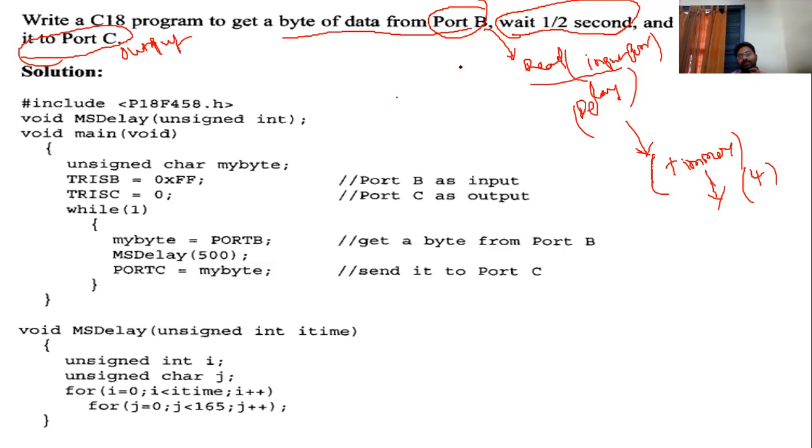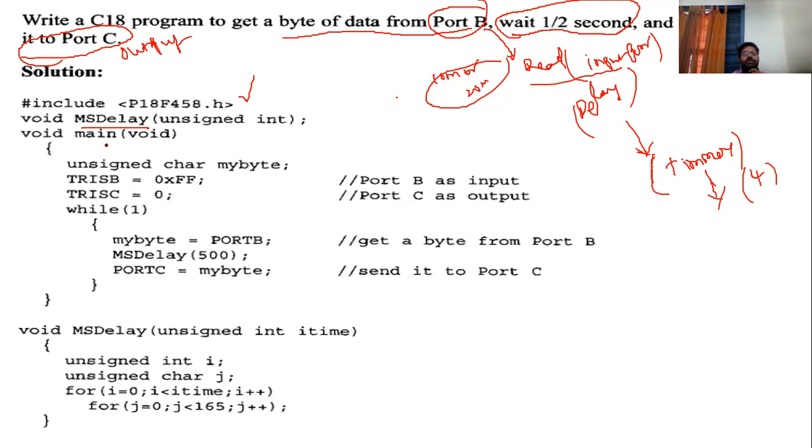It also depends upon the clock speed we are using. Maybe a 10 megahertz clock, or 20 megahertz clock, or 40 megahertz clock. Which type of clock you consider matters here. The clock speed of the PIC microcontroller is not given here, so we simply call this function, PIC18F4, and again at the same time we can delay that value.